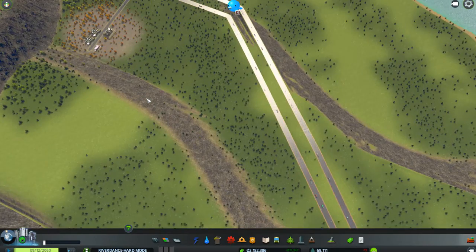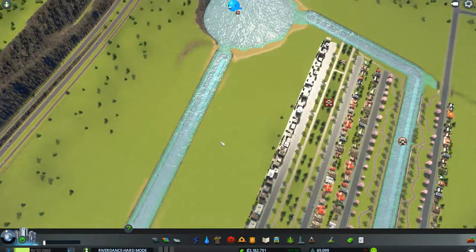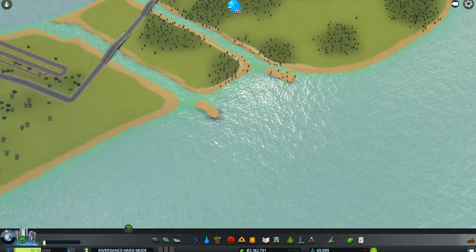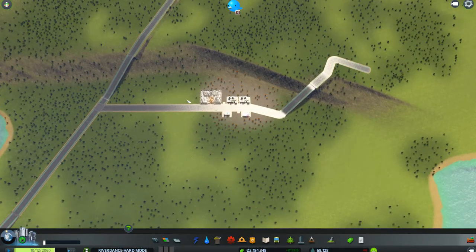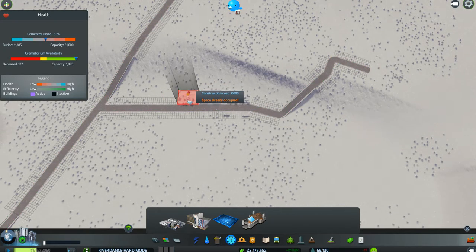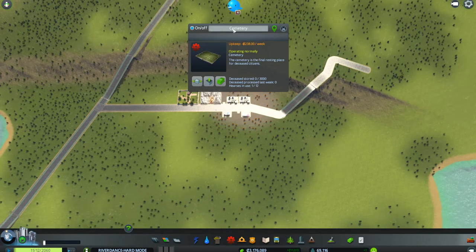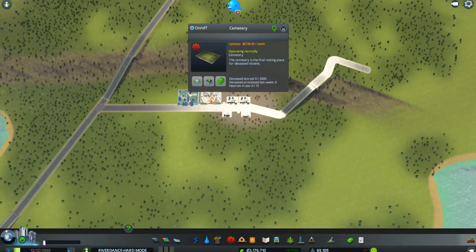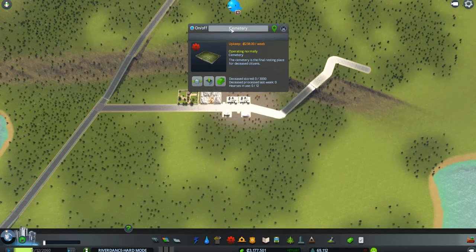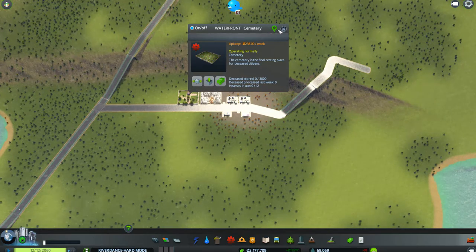Remember when about 5 or 6 episodes ago I moved them from here? Well, I should have left them there. They were working great there, and they just aren't happy over here. So I'm just going to put them back, I think. But first, to take care of the death problem, I'm going to put a cemetery in here. And I'll call that one Waterfront Cemetery, as I should have done with the other. I was naming things like crazy off camera, and I just put the wrong name on it,